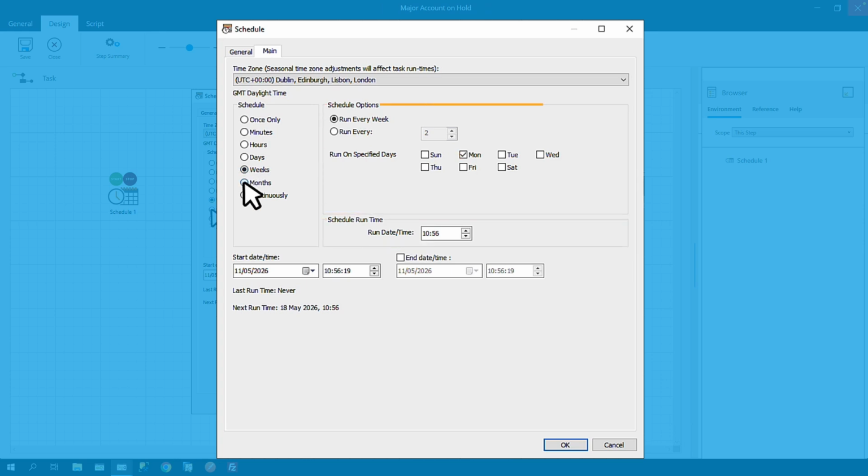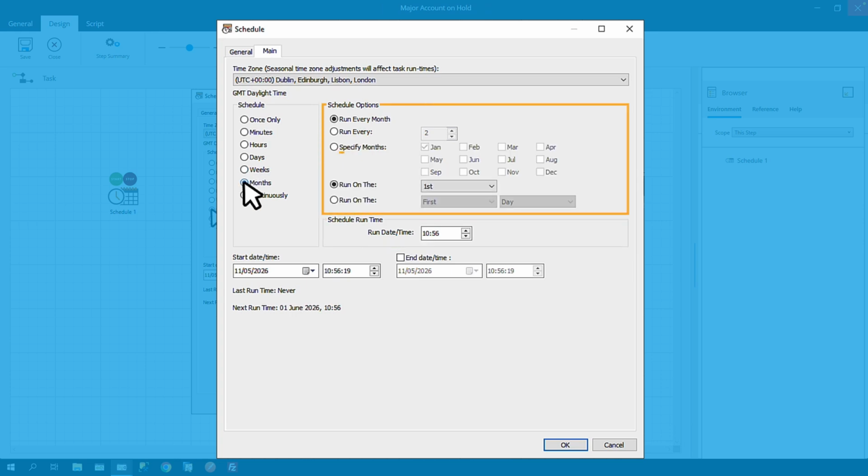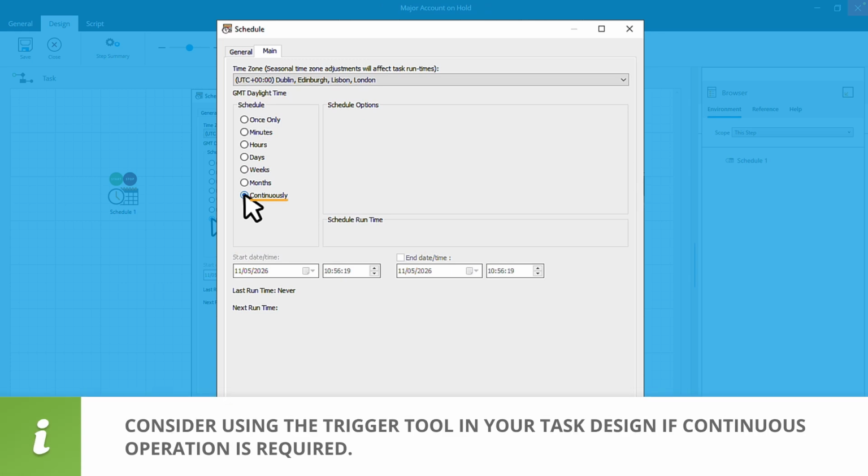In the months option, we can select which specific months for the task to run, including the date and time of day. Lastly, we have continuously. The continuous option should be used with care due to its resource requirements. Consider using the Trigger tool in your task design if continuous operation is required.